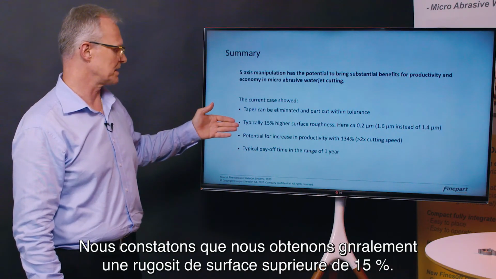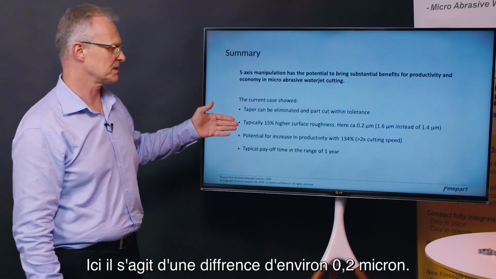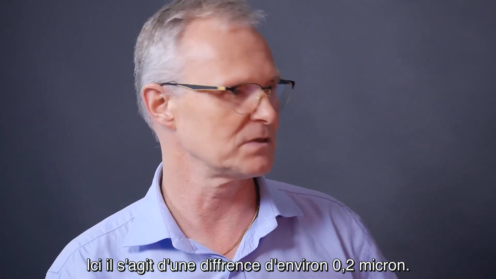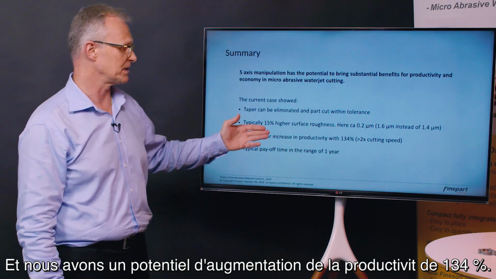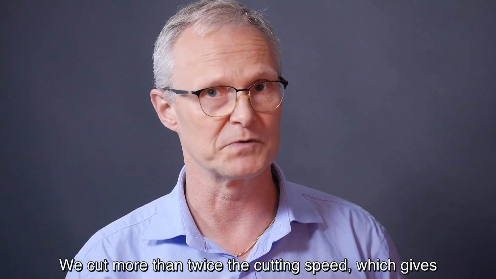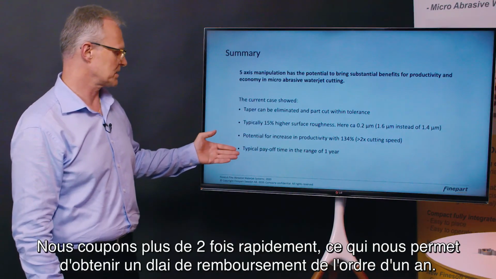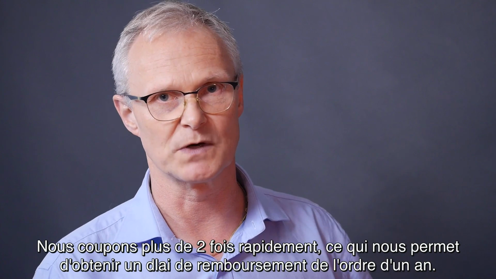We see that we get typically 15% higher surface roughness. Here it's approximately a difference of 0.2 microns. And we have the potential for an increase in productivity of 134%. We cut at more than twice the cutting speed, which gives us the opportunity to get a payoff time in the range of 1 year,